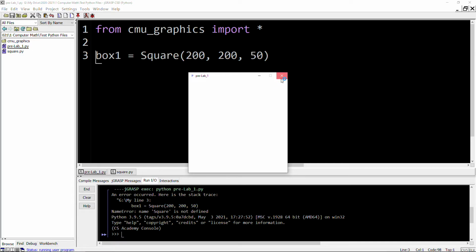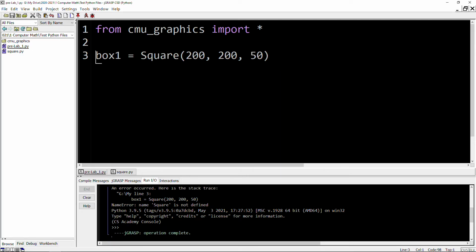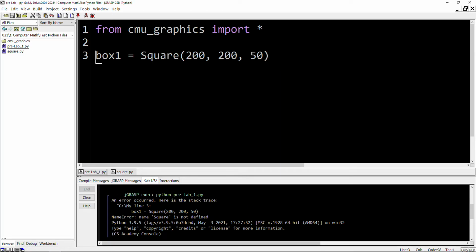Yep, so nothing shows up, which means I should look at my error, and it's actually good, because if we don't ever have any errors, maybe we're doing things a little too well. In whatever this file is, it unfortunately cuts it off because in my drive there's a space, and so it cuts off anything after the space. But we say line 3, there's something wrong with box1 equals Square. It says Square is not defined. Perfect. So I made the exact mistake I wanted to.